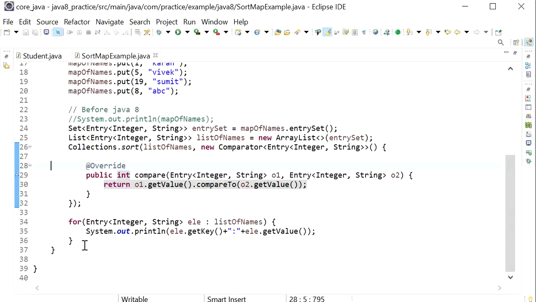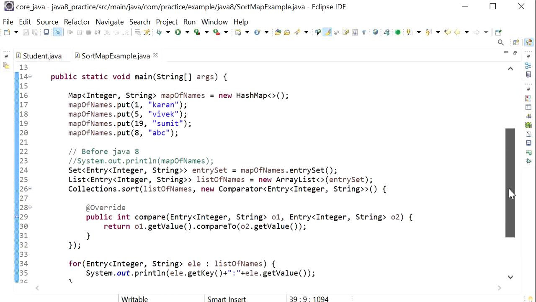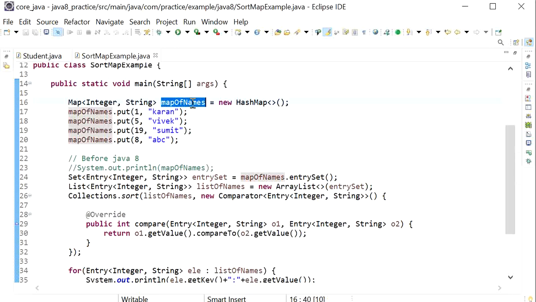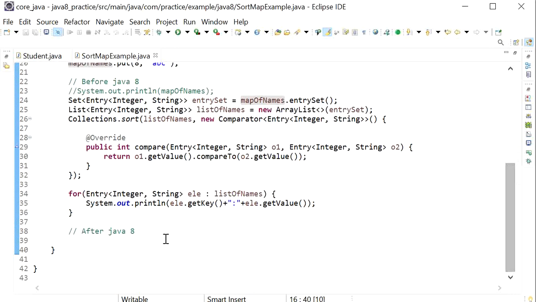But after Java 8 there are new changes in Java, and here we can use the Java 8 Stream API. After Java 8, Java also provided the Stream API. So first we need to convert our map into a stream.